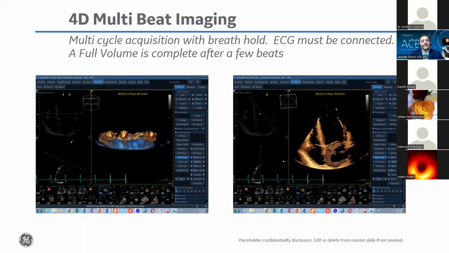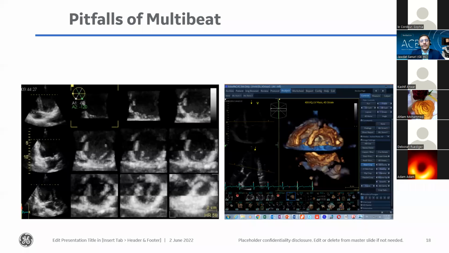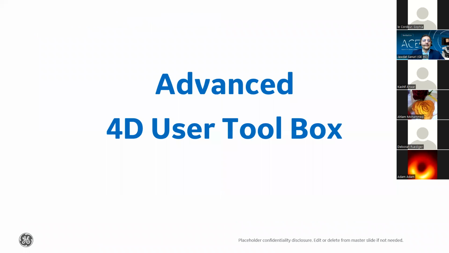This is an example of multi-beat where we are seeing the first cycle of a 6-beat acquisition. This is only the one section that's being acquired during that multi-beat acquisition. So again, to answer the question that's always coming up, and this is the answer that we always get from the experts across the field: is it better to acquire single beat or multi-beat? The answer is it's always better to acquire multi-beat if you can overcome the challenges, again, motion, respiration, and